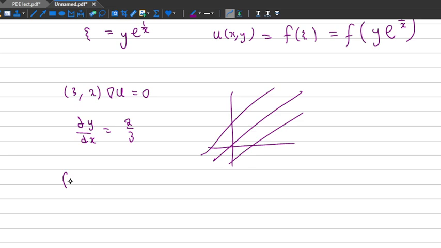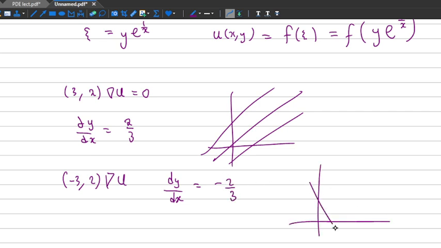And if we had -3, 2, meaning that our gradient dy dx will be equal to negative 2 over 3. So a negative gradient is described by this type of characteristic curves. When you're plotting, do these lines for the positive, do they have to